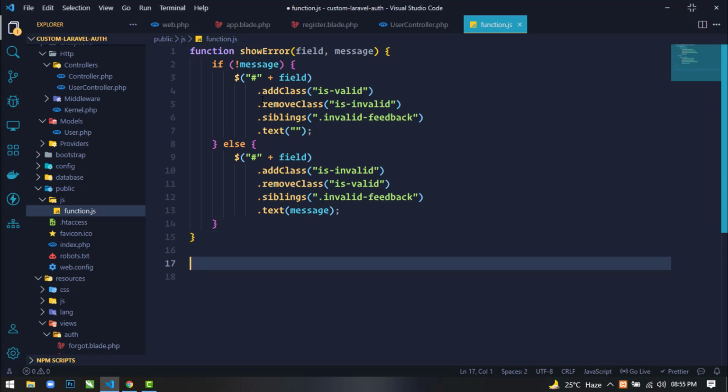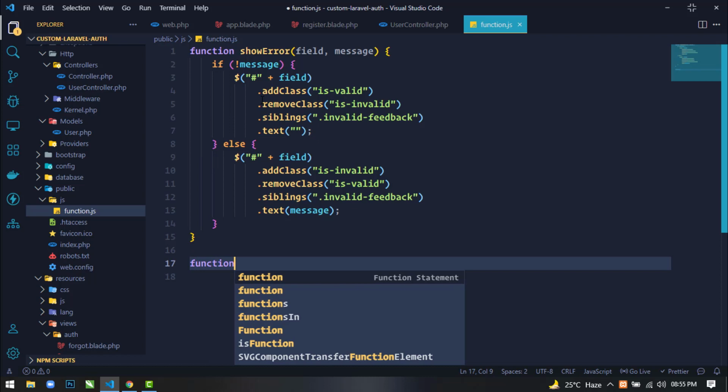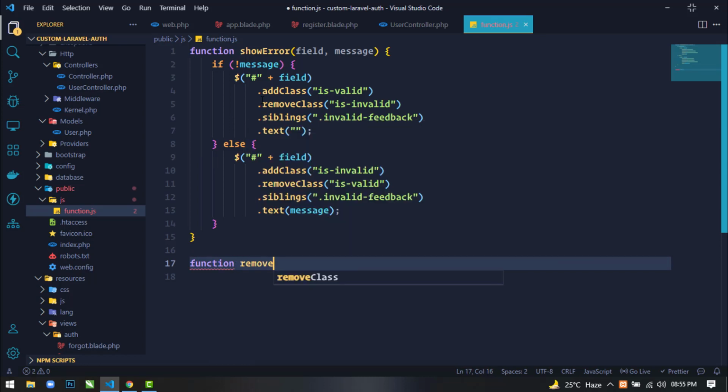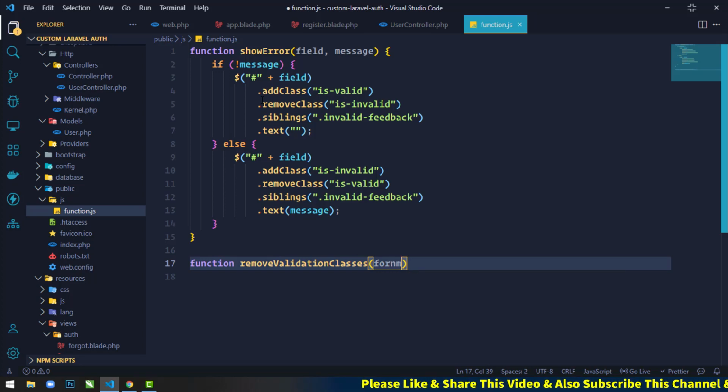Here we will define another method, function removeValidationClasses.